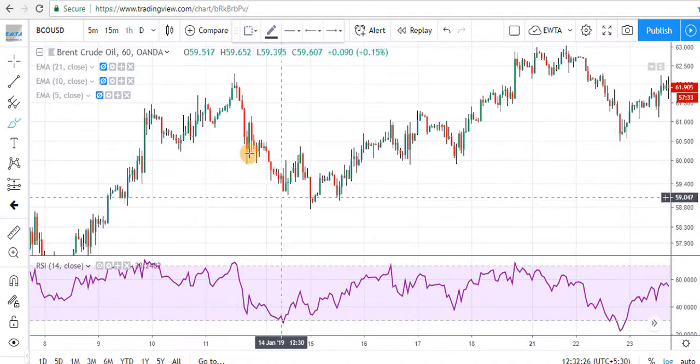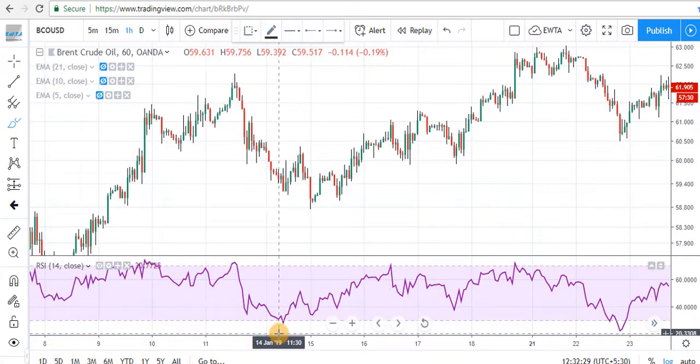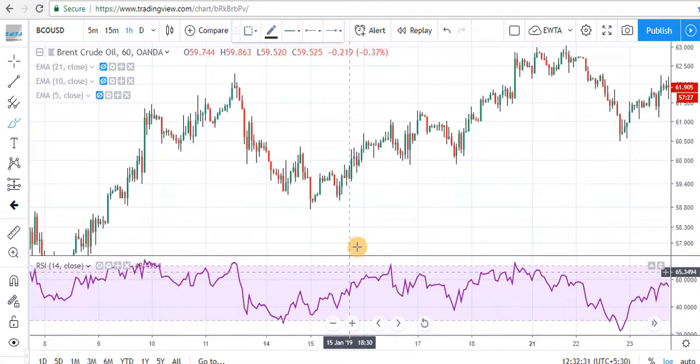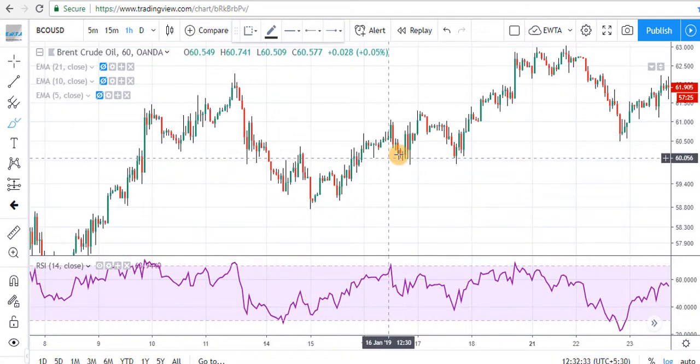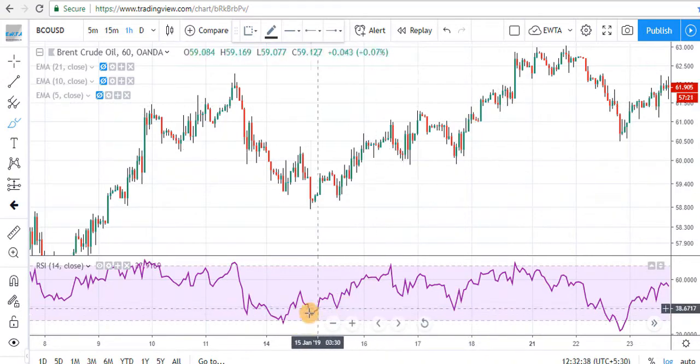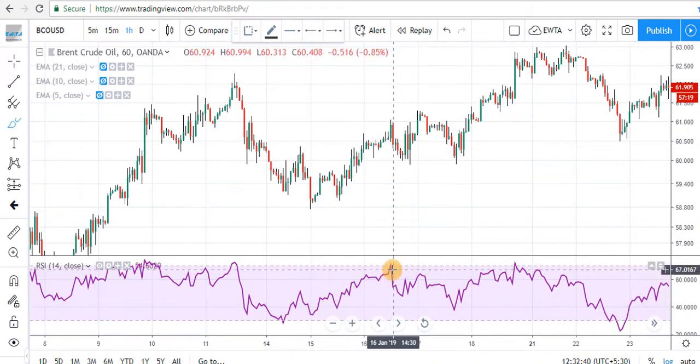In normal conditions, the price and indicators should move in the same direction. You can see here that prices are going in an upward direction and RSI is also going in an upward direction. But when indicator and price action are out of sync, it means something is wrong with the trend and needs attention: why the indicator does not agree with the price action.